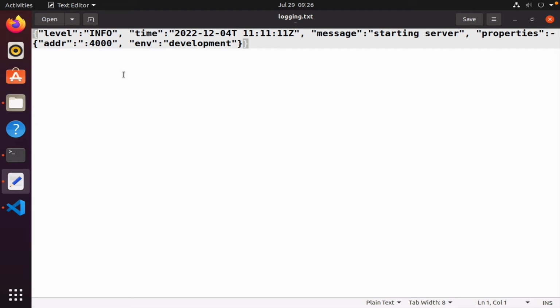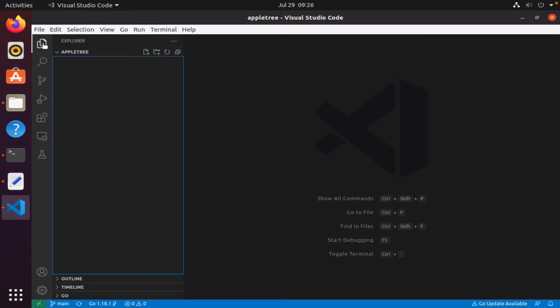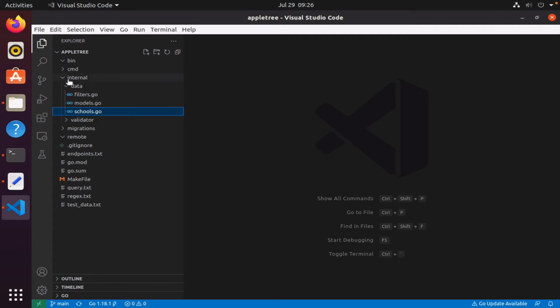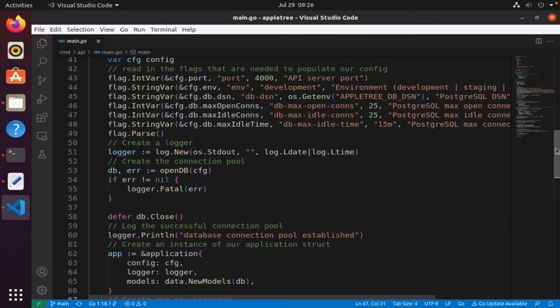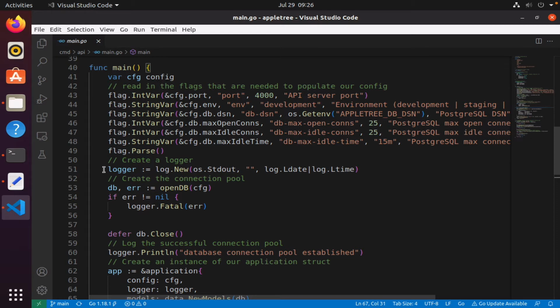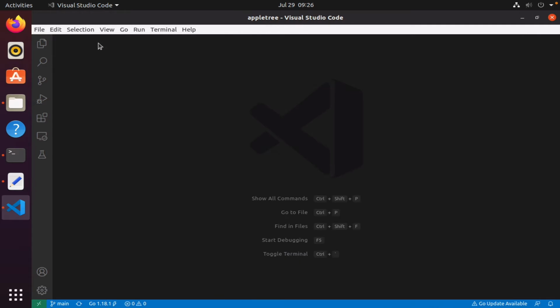Okay, welcome back to our discussion on building APIs with Go. So in this lesson, I want us to focus on logging. Currently, in terms of logging, we have our very basic logger. So we created a logger here, and that's it. And so what we want to do is to add a bit more sophistication to our logging, and also to